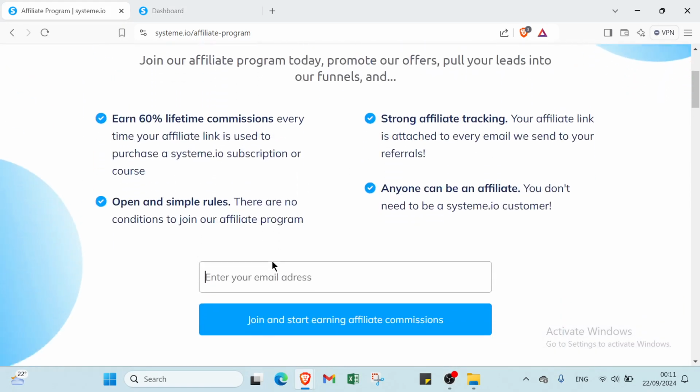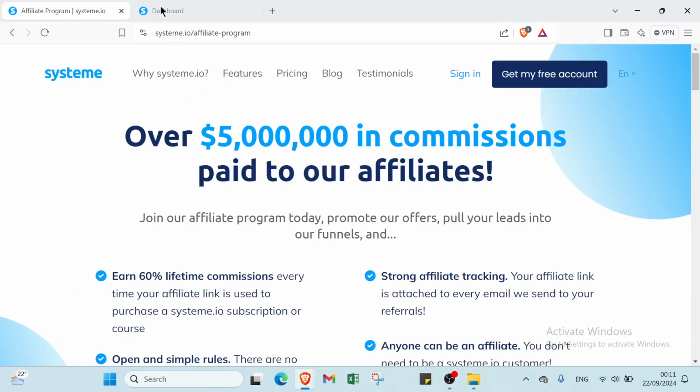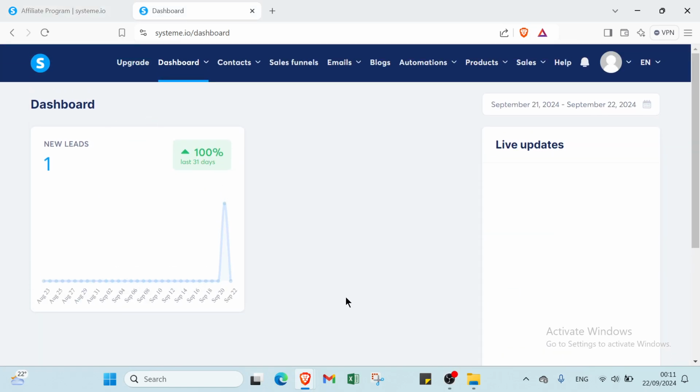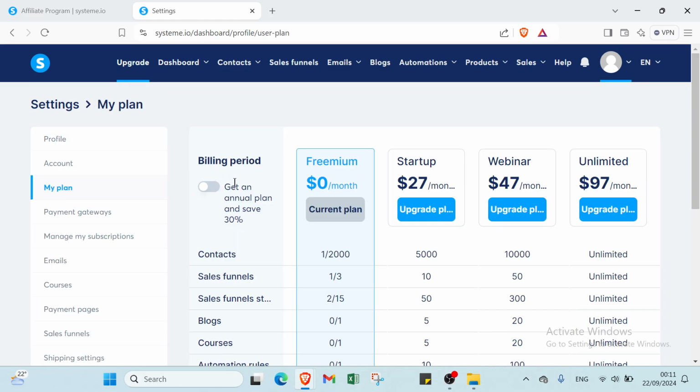So once you write your email address and your personal information, you will find this page. This is the dashboard here. Right now I will show you how you can get started. The first thing that you have to do is just click on upgrade, and I will show you here